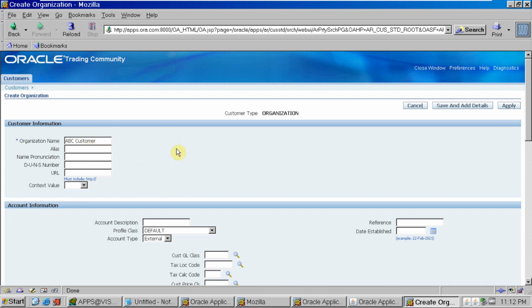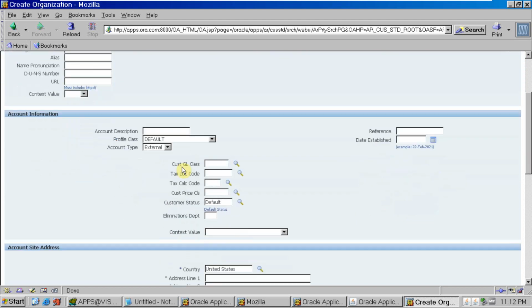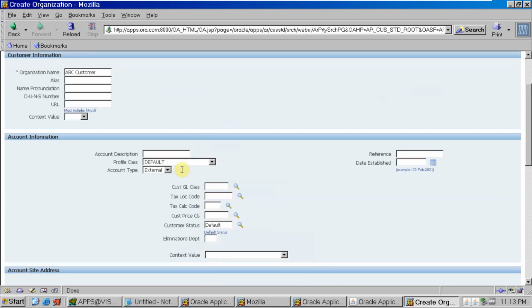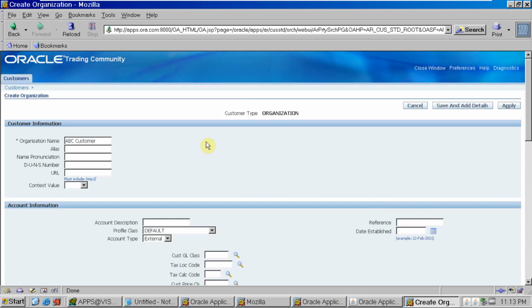What other information do we have to give on the customer level? I think experienced people know that we have an account and we have sites. The customer account can have multiple sites.